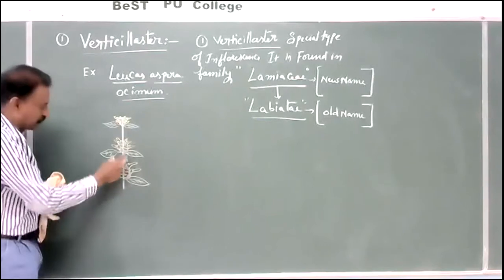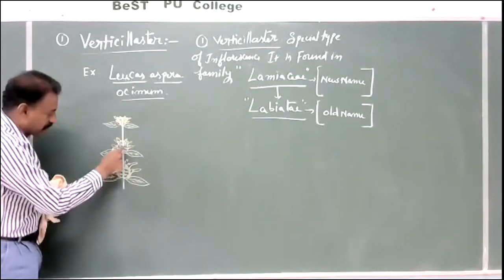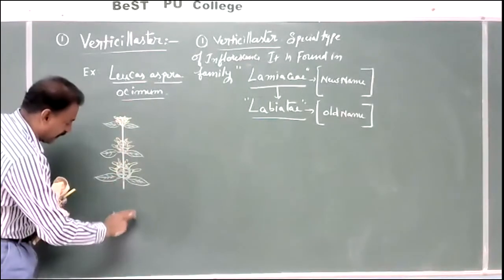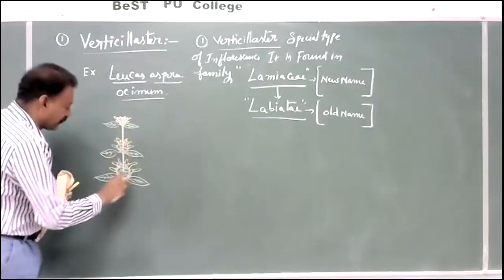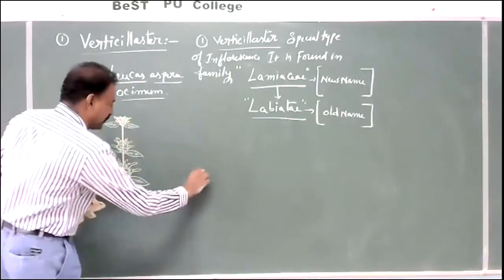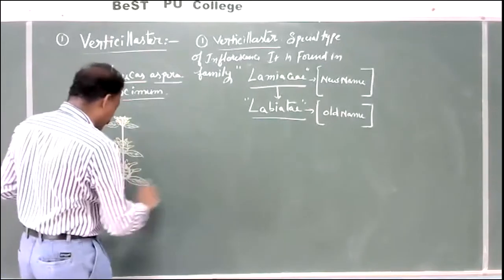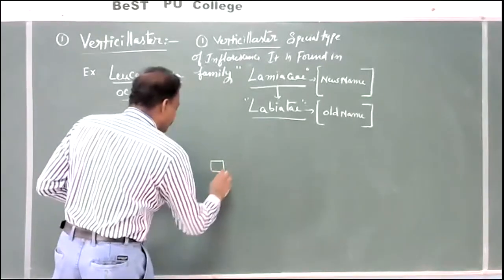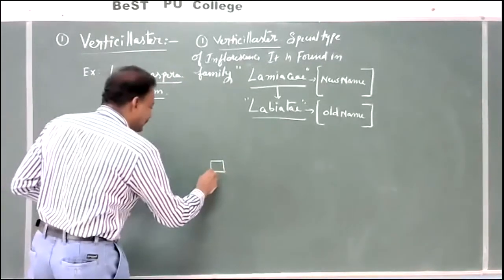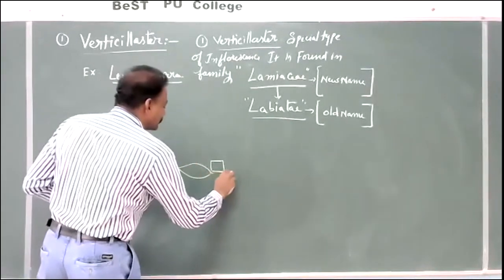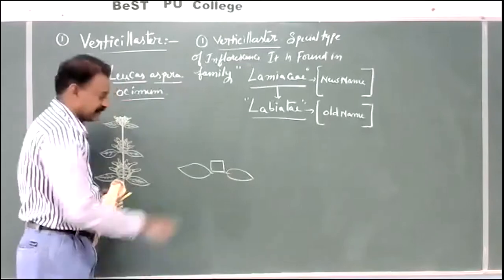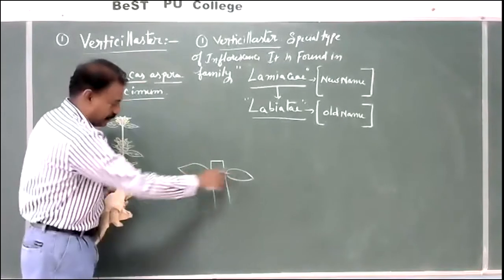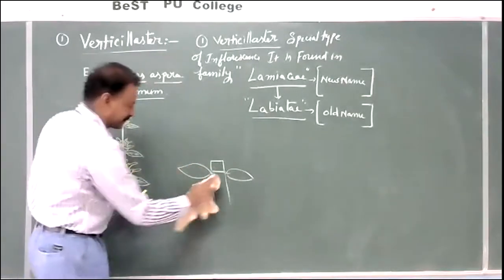As we go from base to the top, the size of the knob goes large, medium, small. If we go down here, it is very large. If we take one node into consideration, for example, this is a node, and at this node leaves are there, so in the axils of the leaves. Imagine this is the plant body, with a pair of opposite leaves at the node. See here.